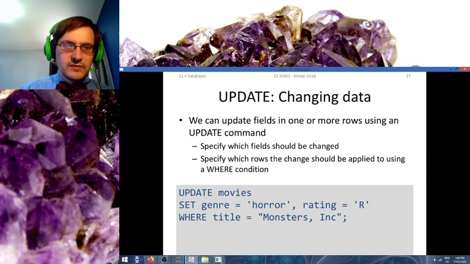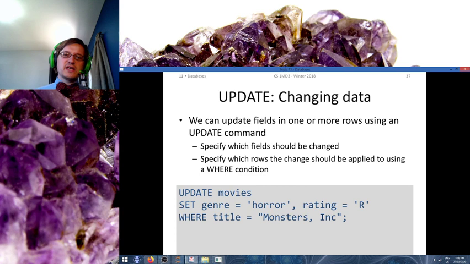We can update fields in one or more rows using the update command. First of all, we need to specify which fields should be changed, and next we need to specify which rows the change should apply to using a where condition. So, if, for example,